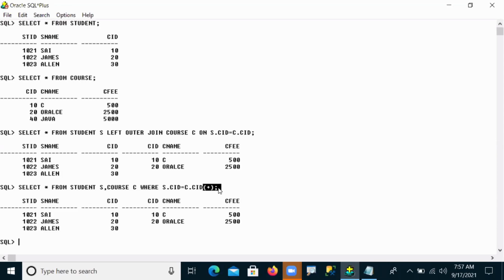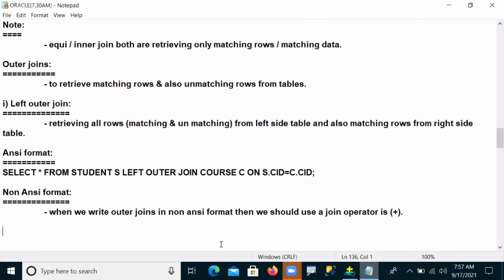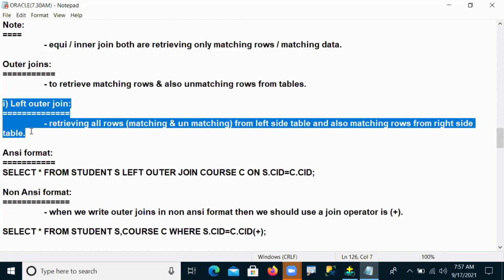The plus join operator symbol. Okay, so this is how to write a left outer join in non-ANSI format. Same to same, what is the next outer join? Let's come back and see.